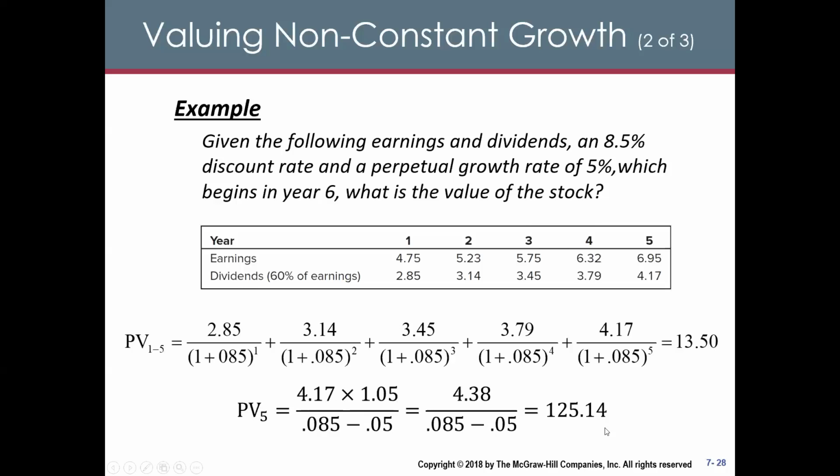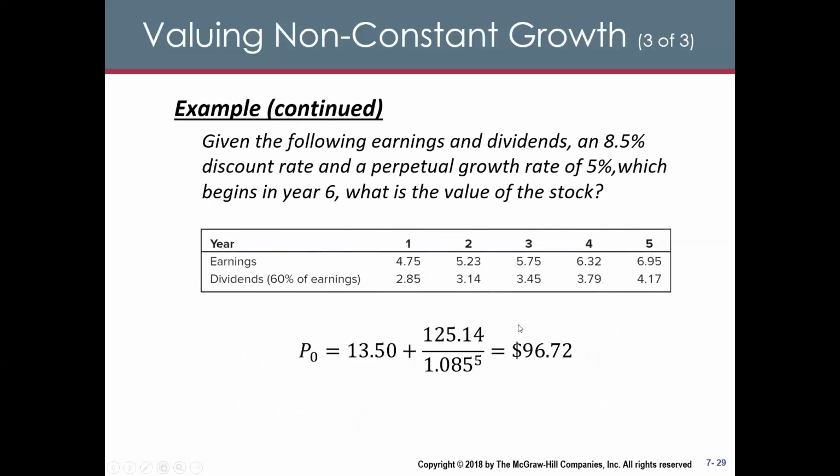However, we want to calculate the value for today, which means we need to further discount this value back to today. So it's $125.14 divided by the discount factor 1 plus 8.5% to the 5th, discounted by 5 years. And you add back the first 5 years of dividends, and you will get P0, today's present value, of 96.72. Okay,